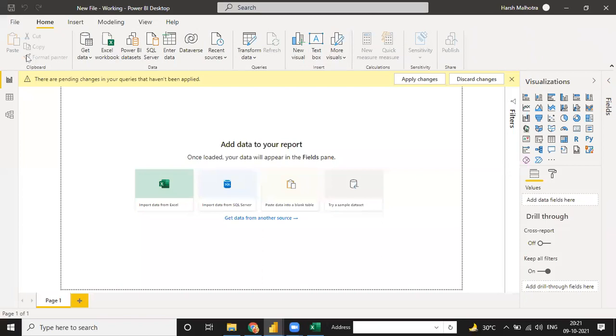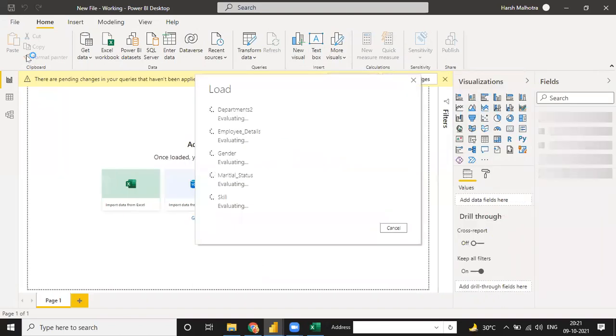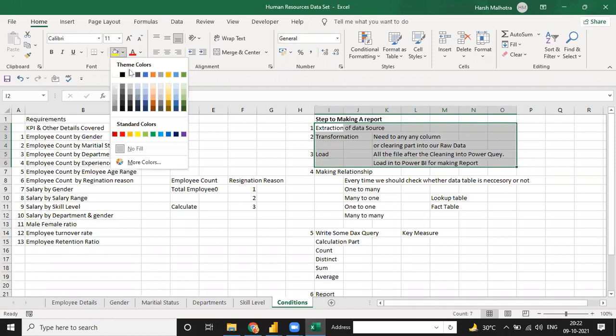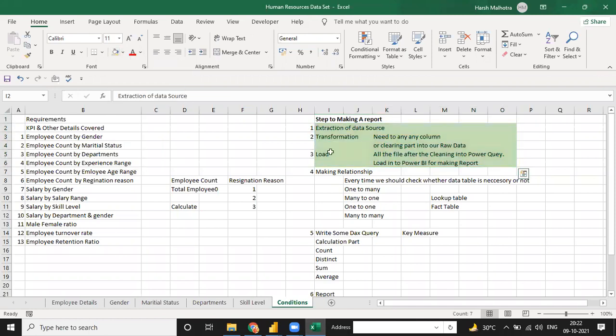If you want, you can do it with any group measure, because a group is to identify your tables in one go. In the data model you have 5 tables, and when you load the data into Power BI, your data is loaded, and this is our step right now. So from extraction to load, our step is completed for this one. So I just move into this and make some gain.